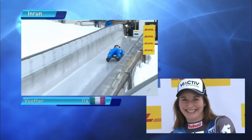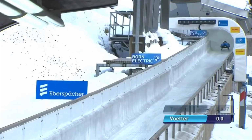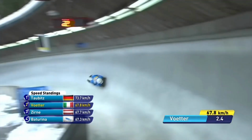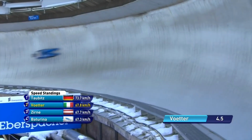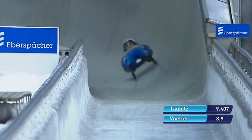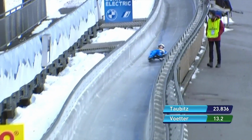Andrea Fetter is on course right now for Italy. On balance, she's generally one of the fastest at the top of the track. So let's see, her speed is the 2nd fastest. Quite a bit slower than Yulia Tobits, but I don't know exactly what that means at this point. Yeah, speed traps can be a bit tricky, so we'll see if that